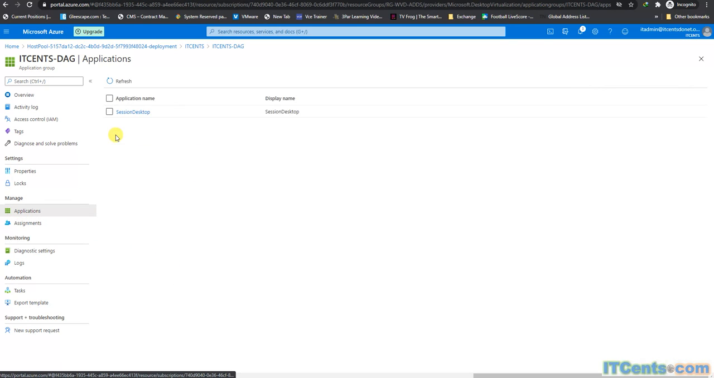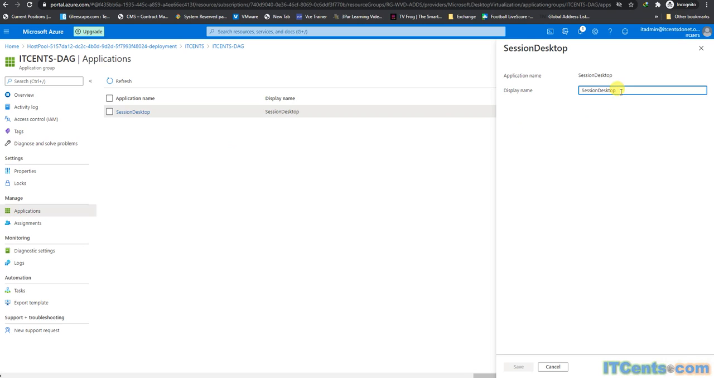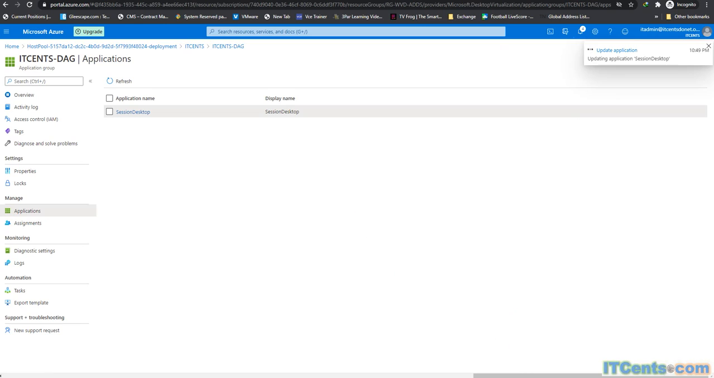This is an application named session desktop. We can change it and say IT Sense desktops, save. Okay,